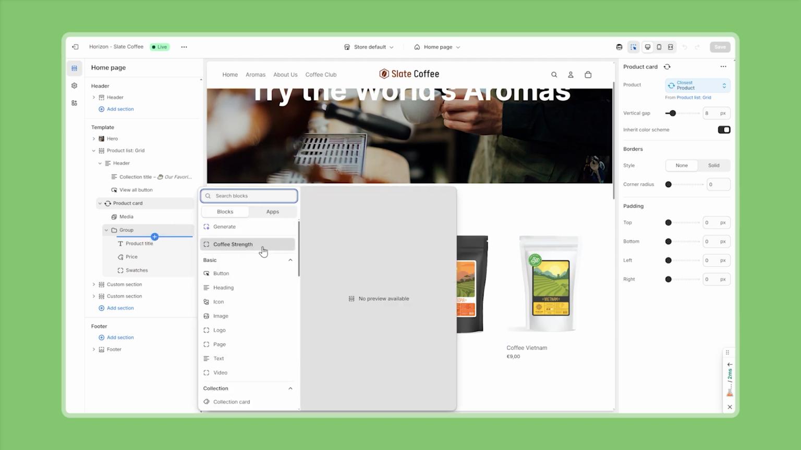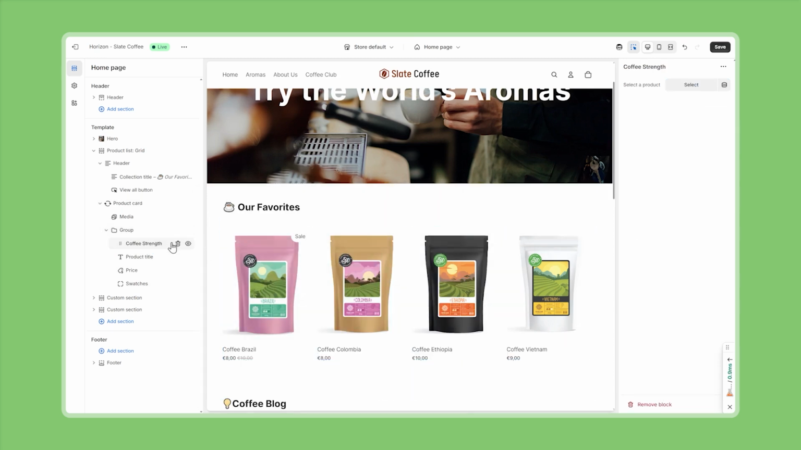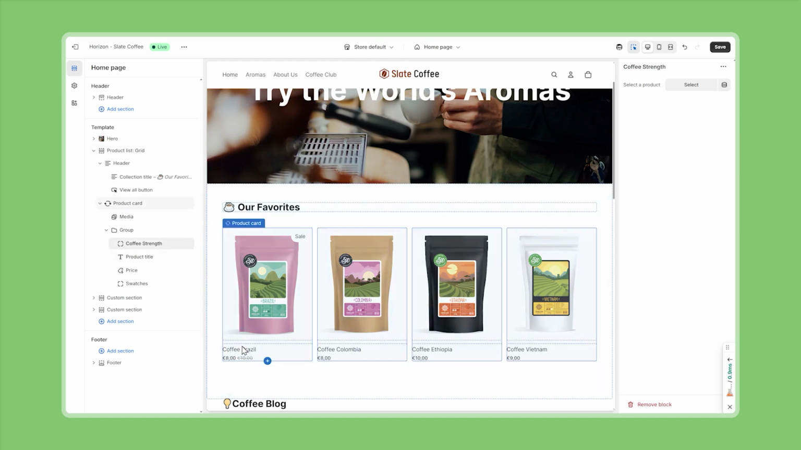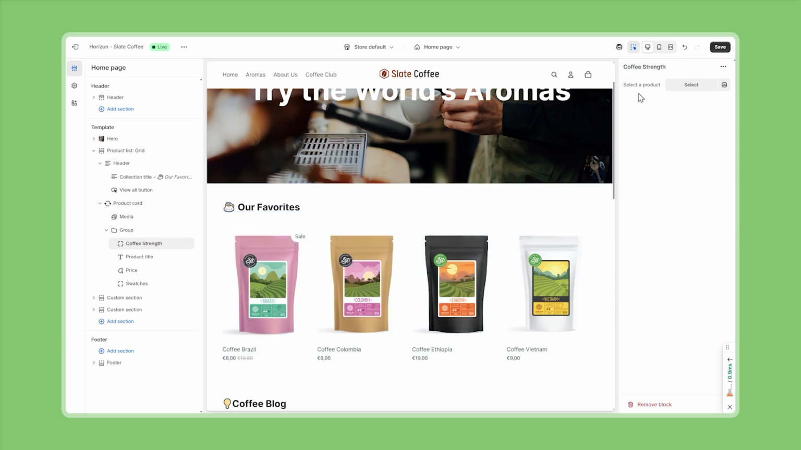And as a first item, we can already see our new block, coffee strength. So let's go ahead and add this. And now we can see that our new block was added successfully, but we're not seeing anything on the front end yet, most likely because we're not properly reading the meta field value yet. And that is because we haven't even selected a product in our product picker. Using this product picker, we have two options. We can either select a specific product, for example, the Brazilian coffee, but that wouldn't really help us because, okay,